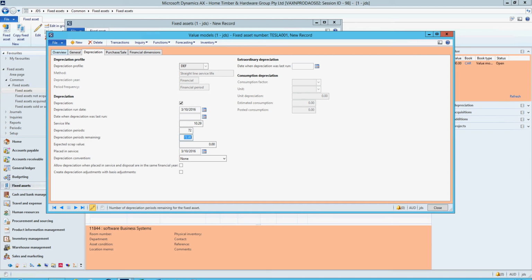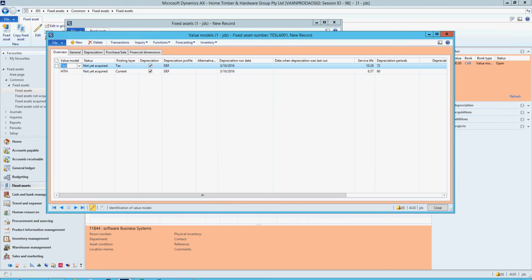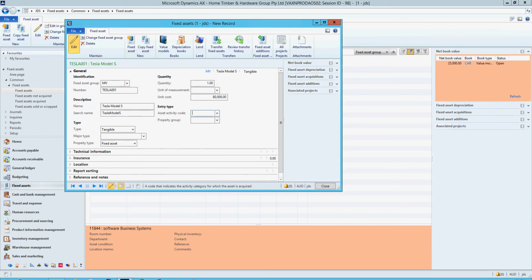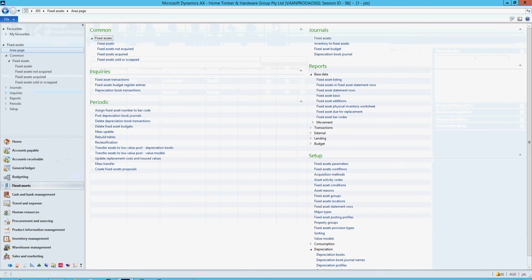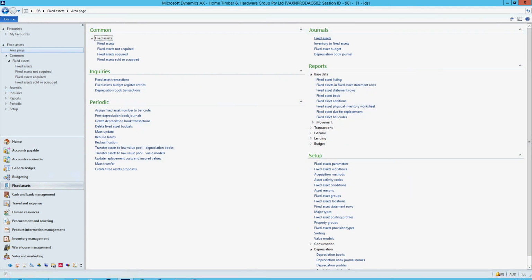And now you can see you can run depreciation for tax, and you can run depreciation for your normal books. So that asset you'd think would be complete. Alas, that's not the case. So what we've got to do now is go back to our fixed assets, journal, fixed assets, open this guy,